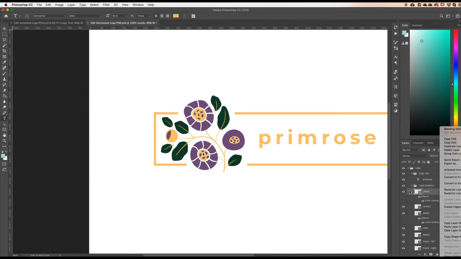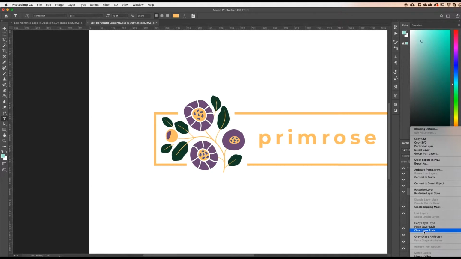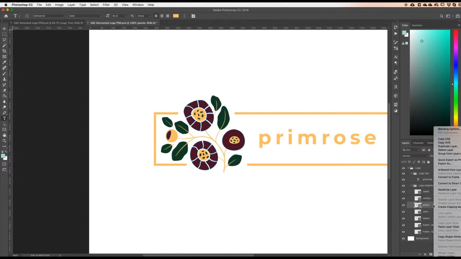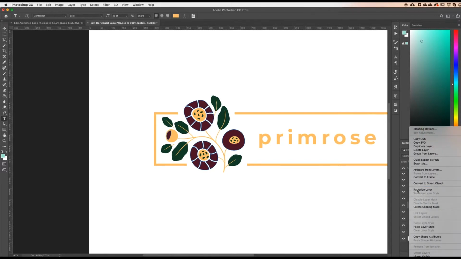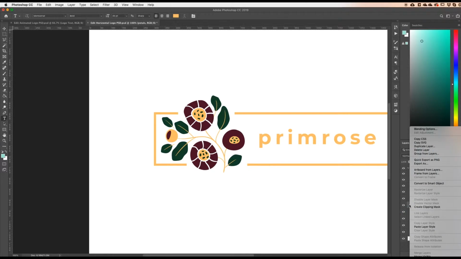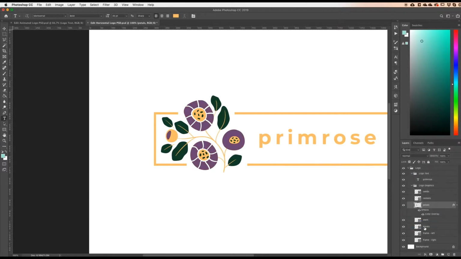If you don't want to have this color overlay, you right-click and just say clear layer style. Here too, clear layer style. And last but not least, if your layer is not a shape layer, just a rasterized regular layer, so let's say we rasterize this petal layer, you see there's no little icon in the corner of the thumbnail. It's a regular layer. We can still use the paste layer style, and we have the changed color,